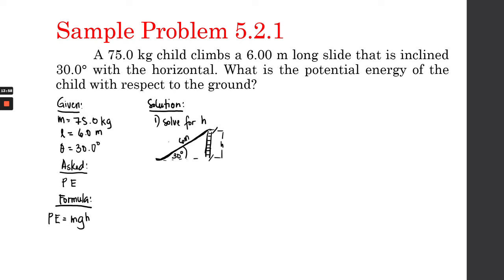So pumanik yung bata, so the child, basically the child went up on this slide, no? So you want to find the height. So how are we going to do that? Simple trigonometry. If we have one side of a triangle, as you can see, this is a right triangle. If you have one side of a triangle and an angle, we can use trigonometry to find the height. And the height here is basically, height is equals to, this is basically the hypotenuse, which is 6. And since it's on this side, that is opposite to the angle, that is basically sine